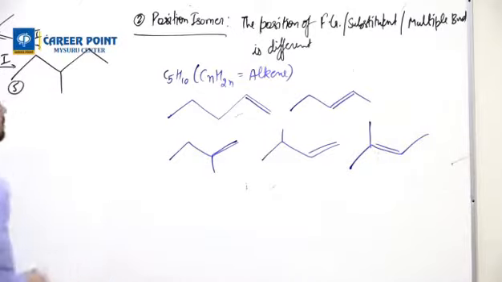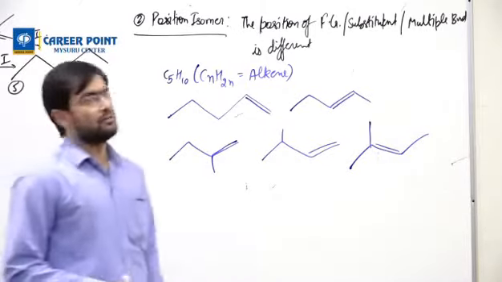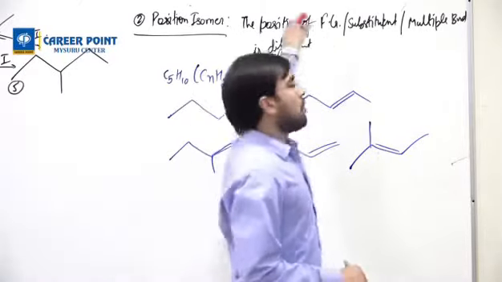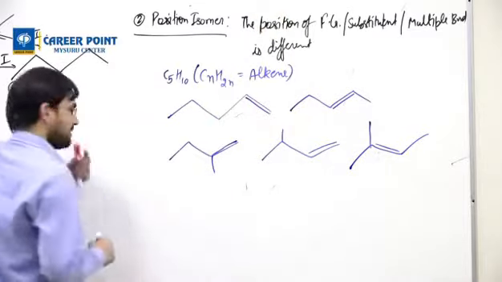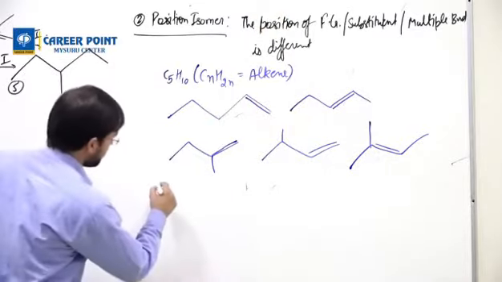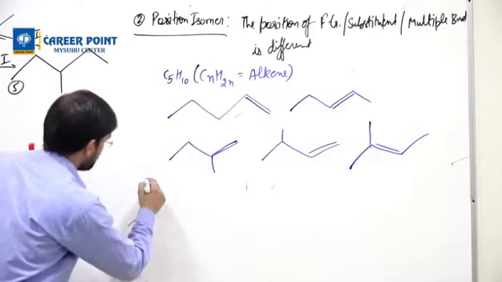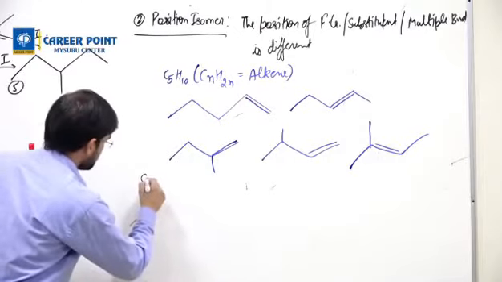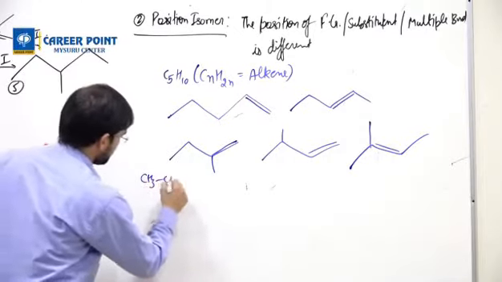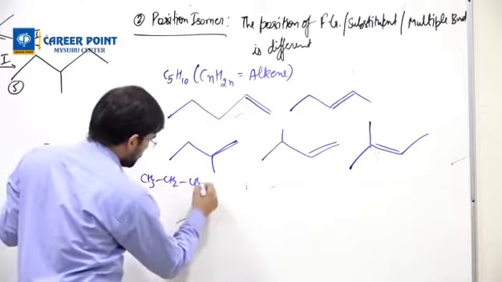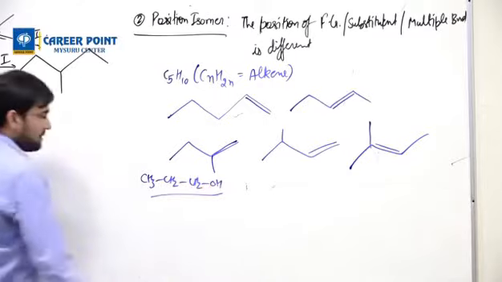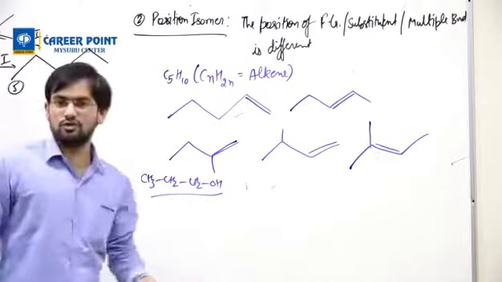So this is all about position. This position isomer we can do with functional group also. Functional group also means what? We can do an example here. Example such as we have got CH3, CH2, CH2OH. They will give this compound. They will ask how many positional isomers are possible.